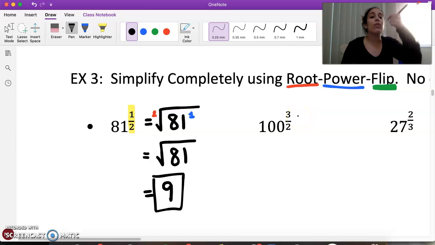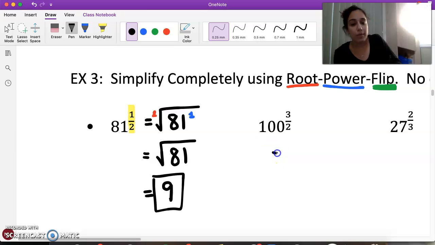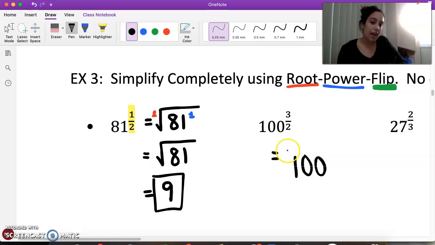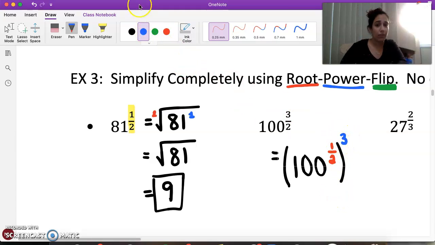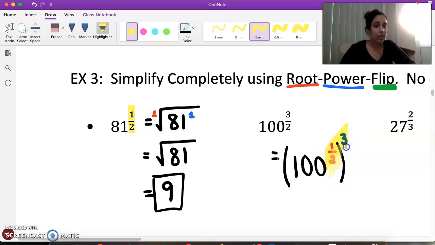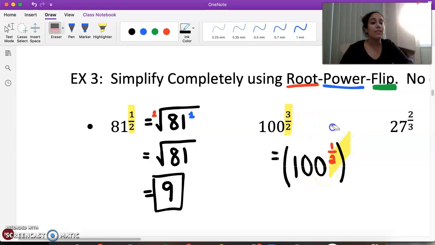We are going to take the root, then we are going to raise it to a power. What do I mean? I'm going to rewrite this. I'm going to keep the same base. And instead of writing it as 3 over 2, I'm going to write it as 1 over 2 times 3. Now, if I were to just multiply these together, 3 times 1/2 is 3 over 2. So this is the same exact thing. But when I split this up,